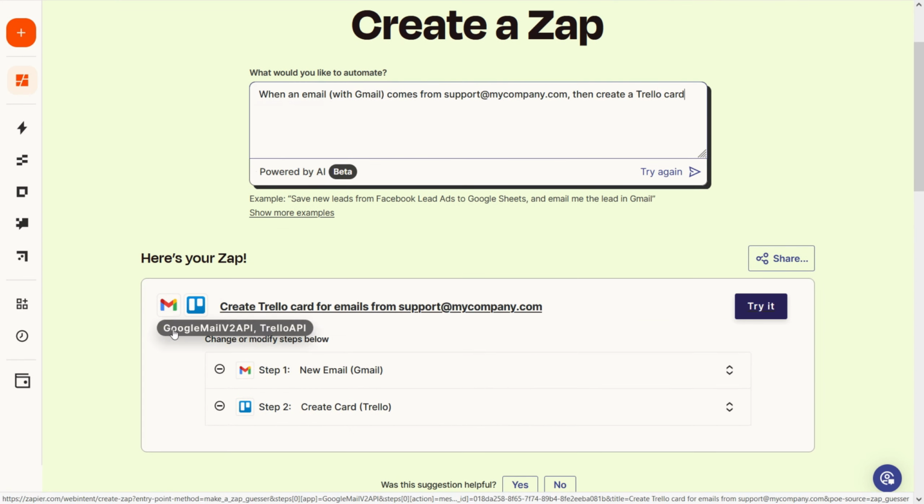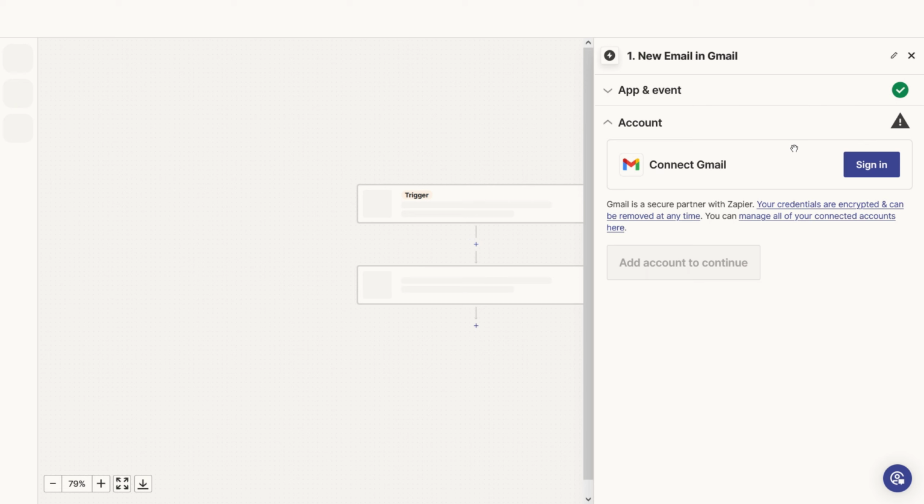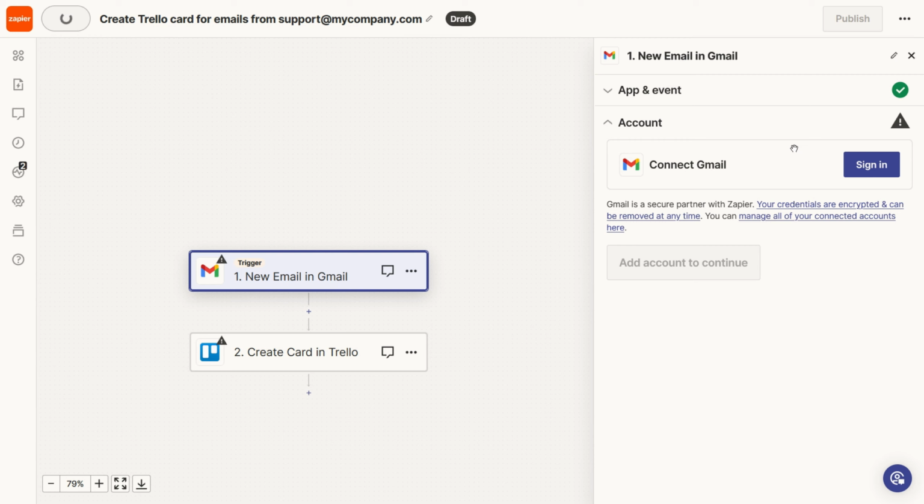And here we have it. Create Trello card from emails from support.mycompany.com. So you can see that it was much easier and faster for me to describe with words what I want to get rather than using a click-based and drop-down menus interface. So this type of improvement in terms of